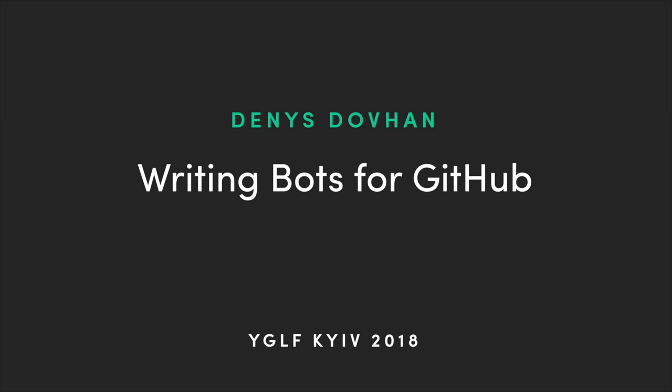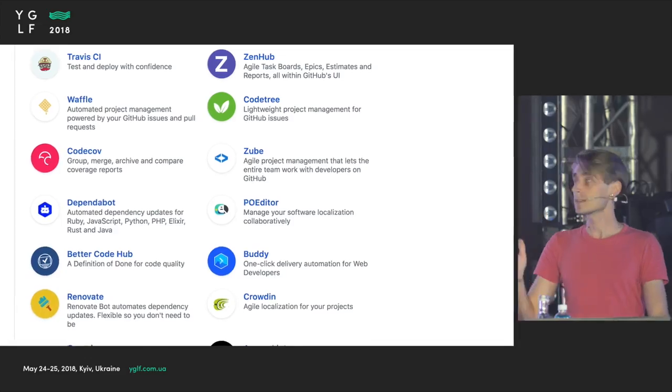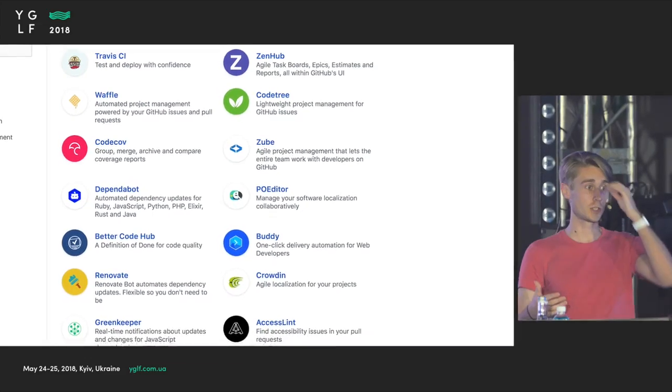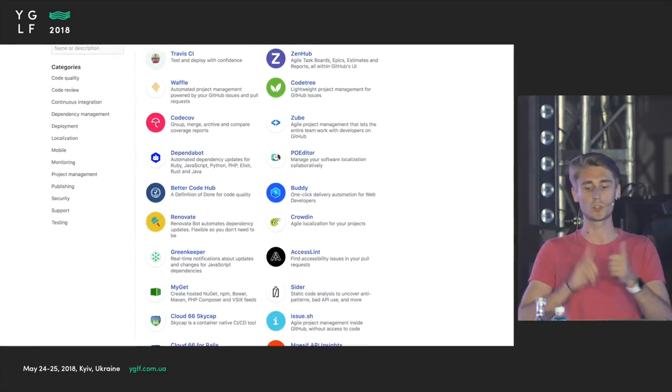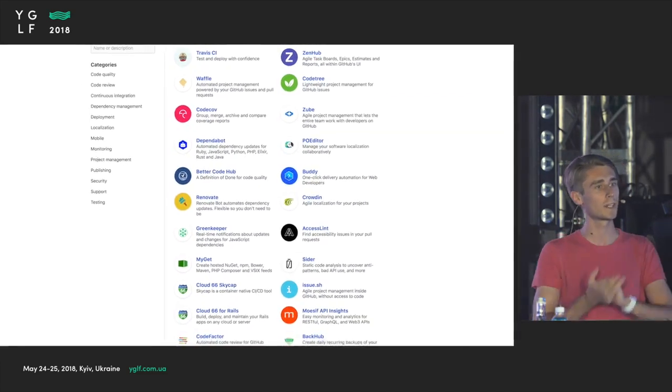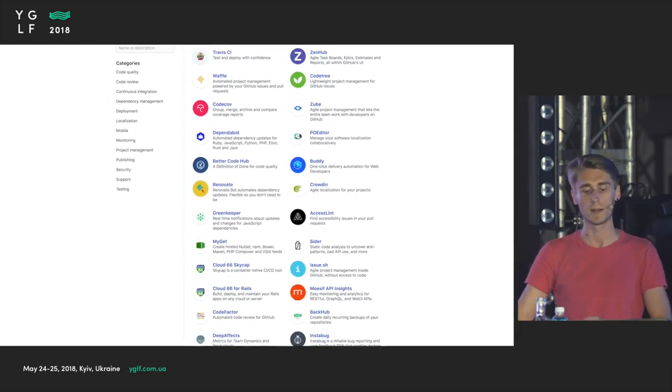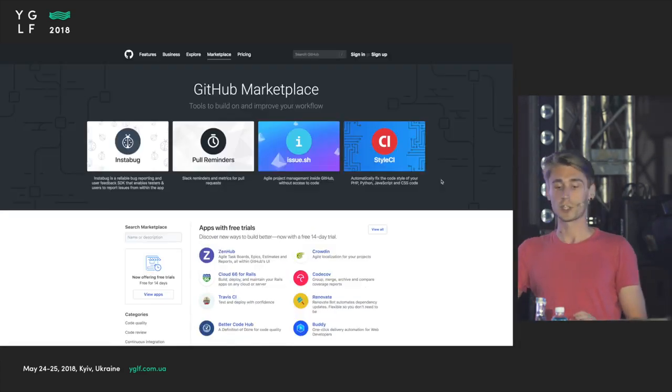Automate your GitHub workflow with robots. GitHub has one of the best APIs out there, I think. There are things like GitHub applications. You can name some of them like Greenkeeper, Sentry, ZenHub, Travis CI, Codecov, Style CI, whatever. There's a lot of them. You can check them out on